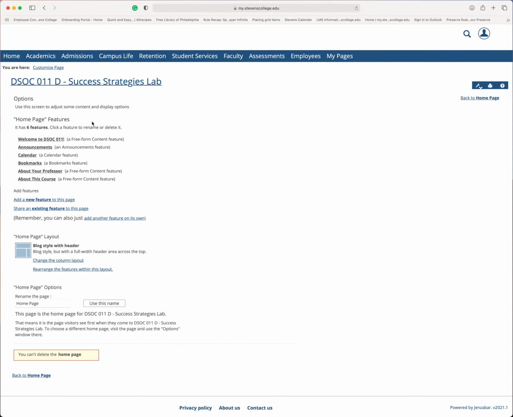So this is where we add stuff to that home page. You can see all the elements that I currently have here. You can see I've got two things here that I've already added as a free form content feature, the About My Professor and About This Course sections. So to add one of these, click on Add a New Feature to this page